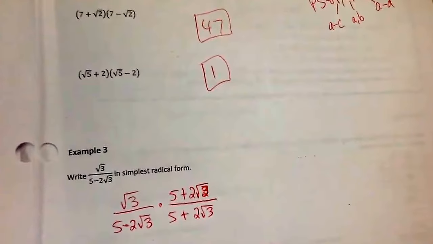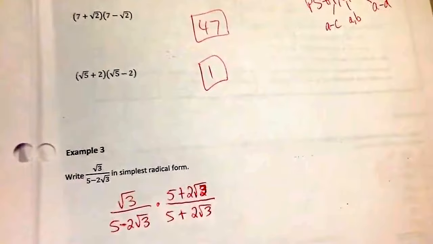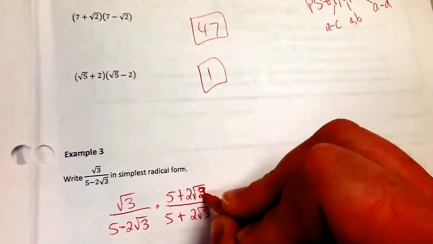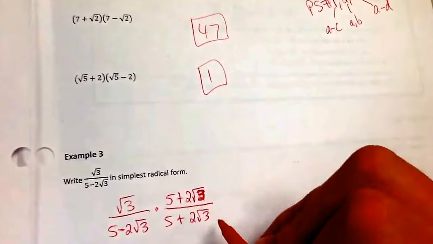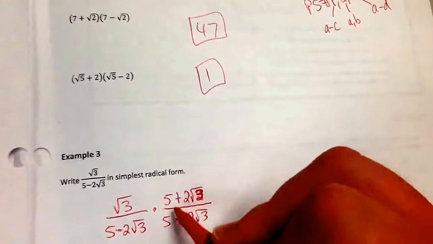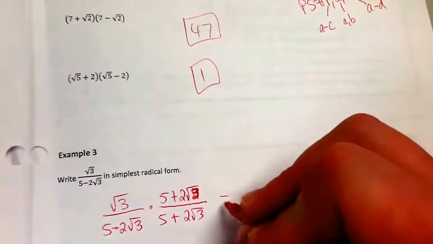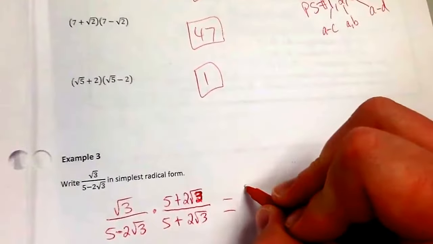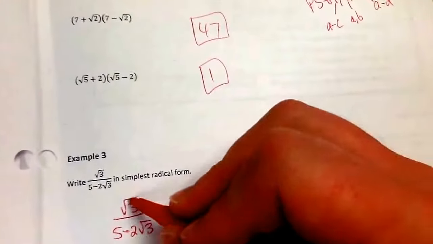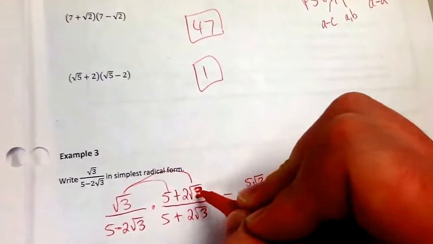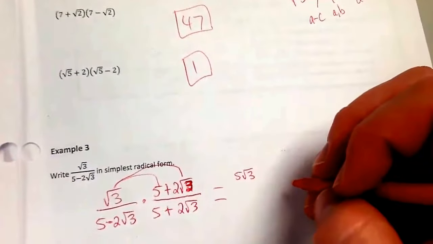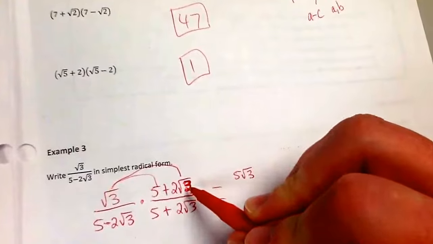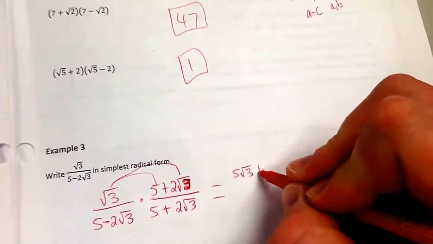Do what you did with the 12 up there. You turned the 2 into a 3 up on. Oh, yeah. So that's still 1, right? Now we just got to do some multiplication. So we'll do distributive property on top. Square root of 3 times 5 is 5 square root of 3. Square root of 3 times 2 times the square root of 3? It would be 6. Square root of 3 times square root of 3, which is 3, and then times 2 is 6, so we got plus 6